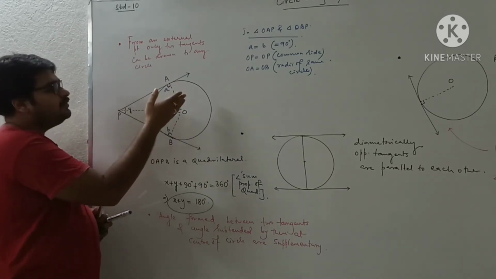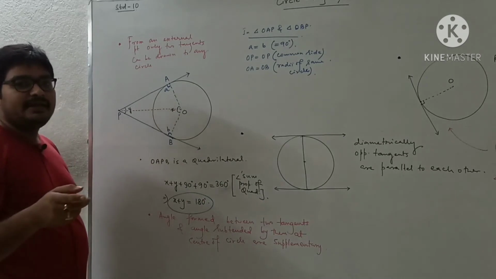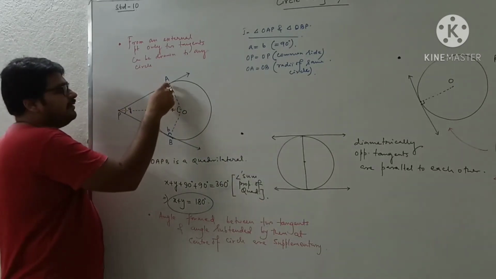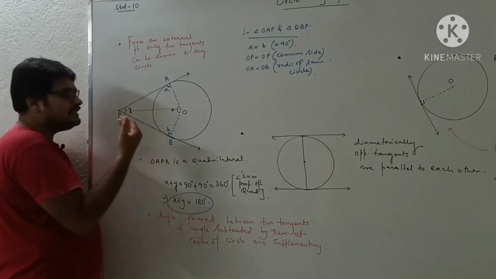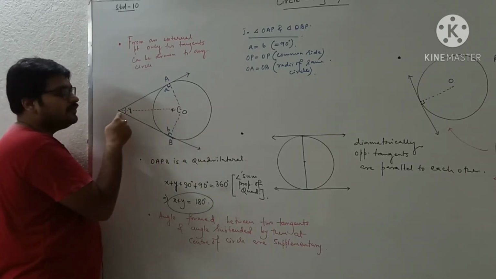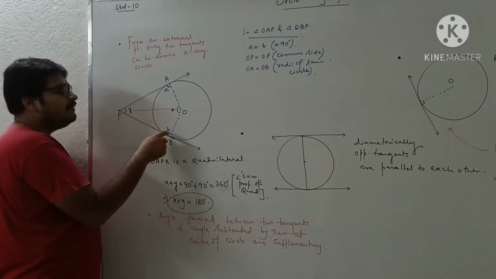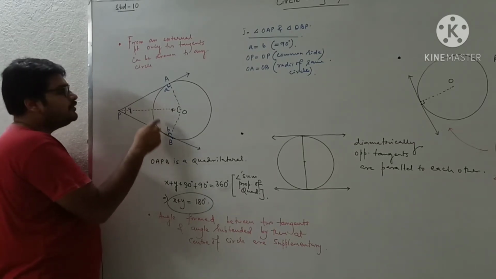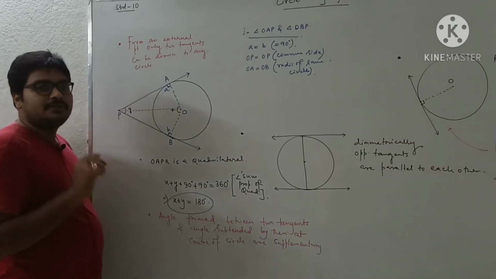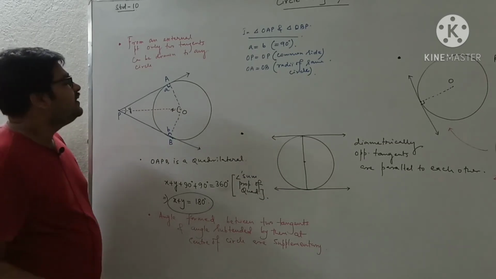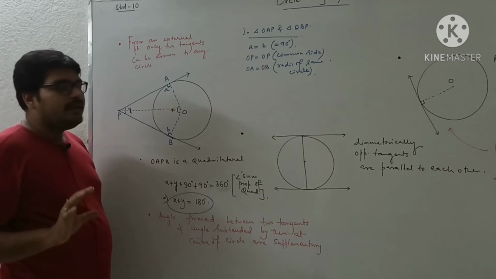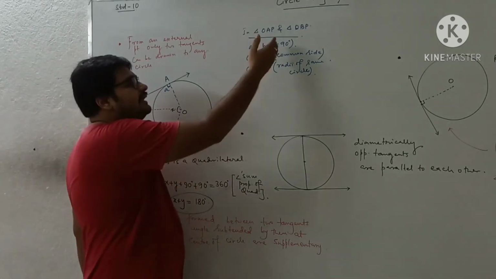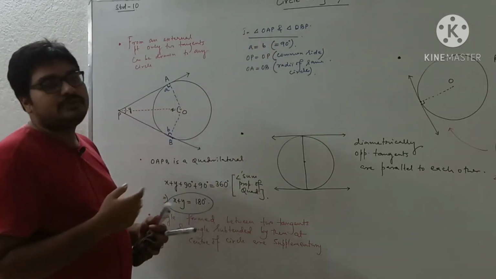So I think I have used here the right angle hypotenuse side, because if you consider this triangle, opposite to 90 degrees is OP, so OP is the hypotenuse. And similarly for triangle OBP also. If I consider the right angle here, opposite to the right angle is the hypotenuse. So I can state that these two triangles are right angle triangles. So I have used the right angle hypotenuse side property to prove these two triangles congruent.